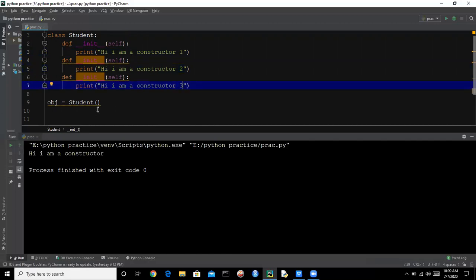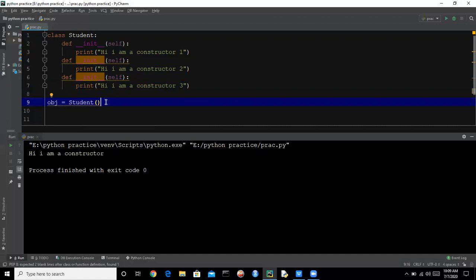So whenever we create this object obj of the class Student, this obj will call the init method that is last in the class. Here we are having three init functions, so the last method, that is printing "hi, I am constructor 3", will be called.